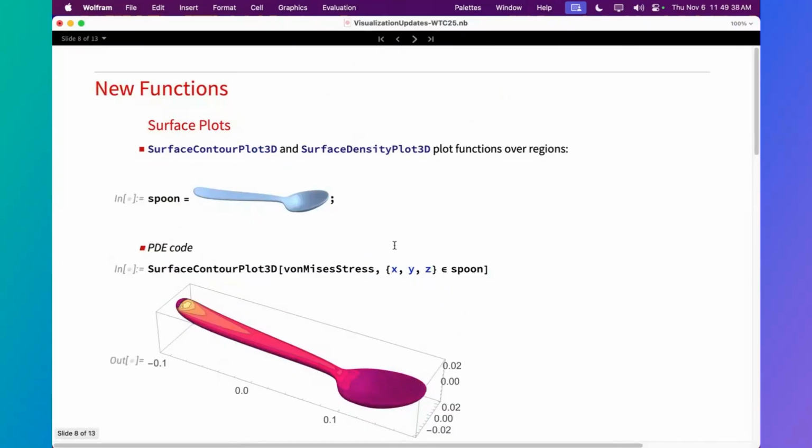There are also a few new functions that were introduced in 14.3. Two of them are surface contour plot 3D and surface density plot 3D, which take a function and plot it over a region or over the surface of a region. And so here we have a spoon, which I think we've seen lots of examples over the years involving this spoon. There's a bunch of PDE code buried here that isn't really important, but it's